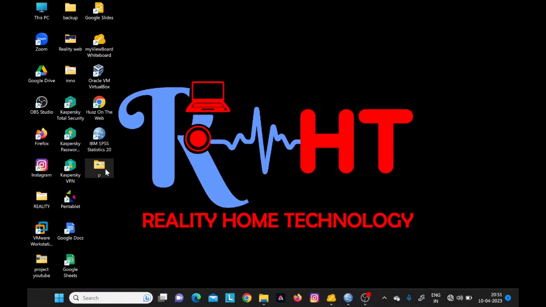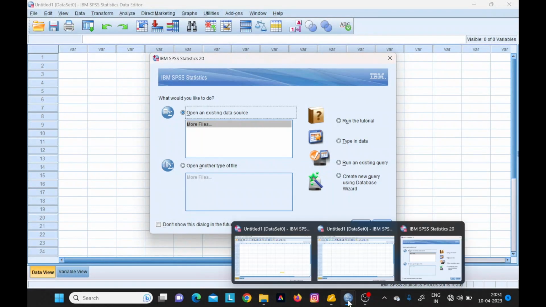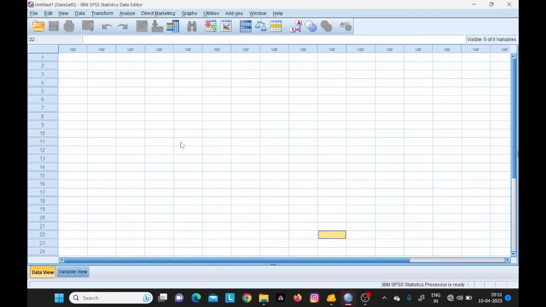This is a display of my screen, and this is how SPSS looks. You come here and double click to open it. I have mine open here already. Alright, this is the interface of SPSS. It looks closely like that of Excel, but it has two parts: here indicating data view, and here